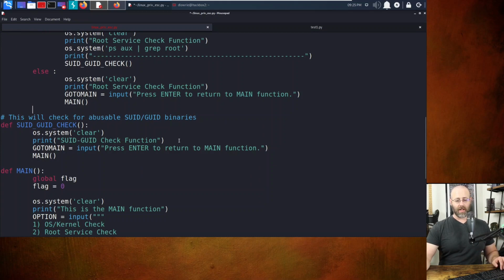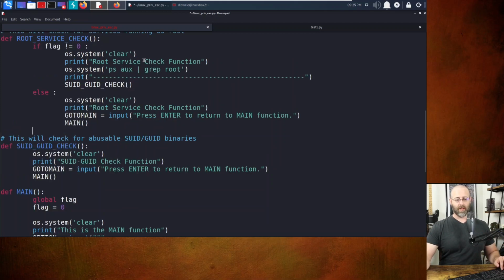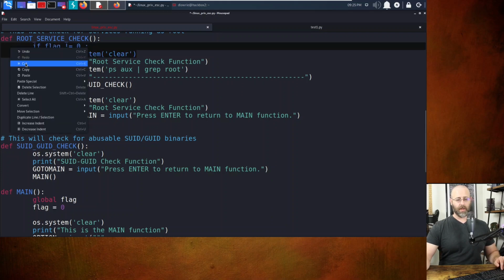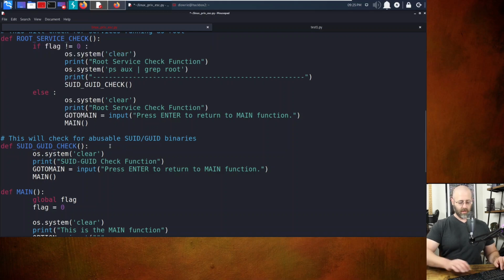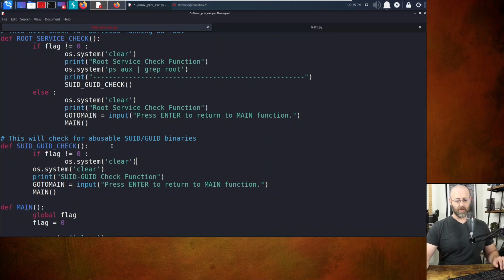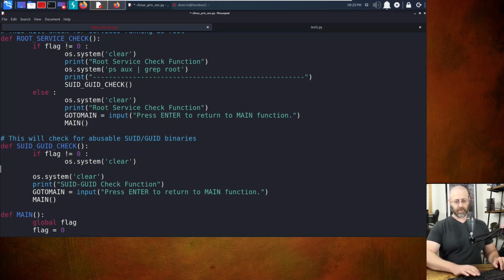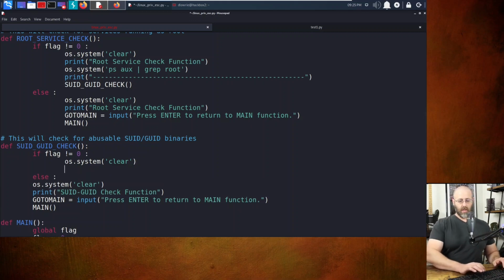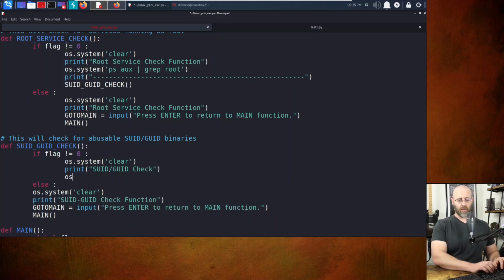All right, so on to SUID GUID check. We will add that functionality as well, plus give us the ability to run the full system. All right, so let's grab this, copy, and then run down here and put it in with Control V. Beautiful. Make a break in between. All right, so if, and then I'll put else, just to fill that out, and go back here. So we're going to do os.system clear, and in here we are going to print, bang, this is SUID / GUID check, like that, and I'll show you what that looks like, which is os.system,